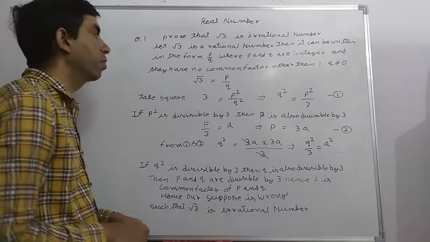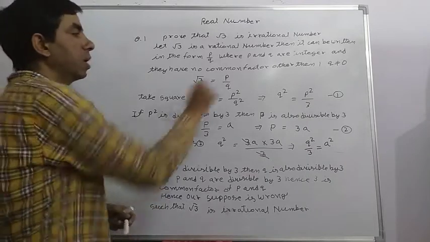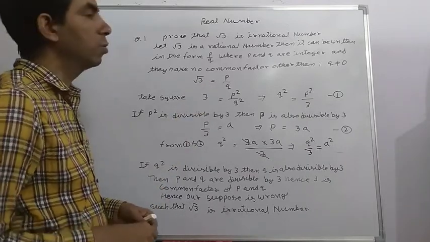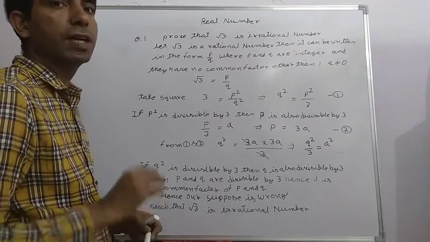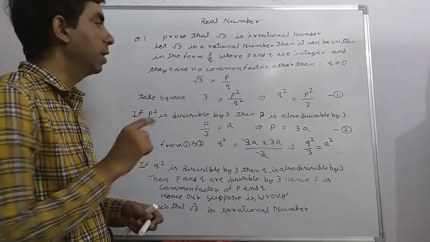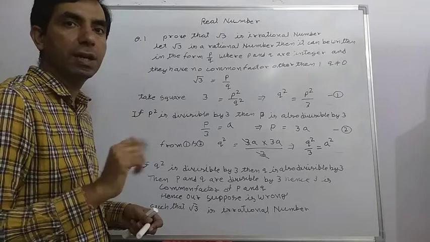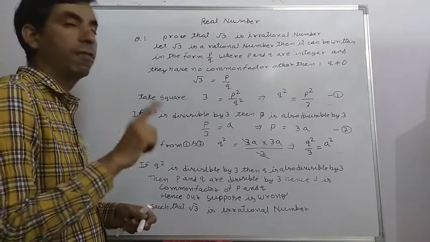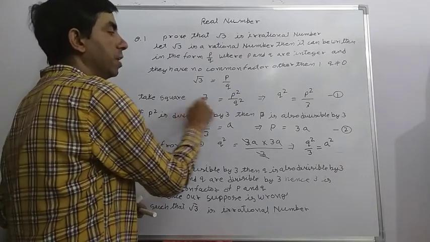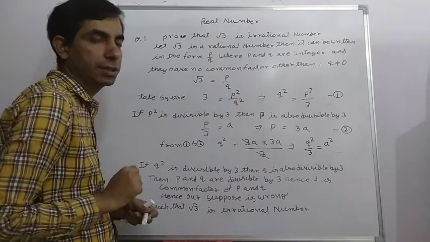First we take the square to cancel the root, then we get 3p square upon q square, which implies that q square equals p square upon 3, because we take the alphabet as the numerator and the number as the denominator. If it is already alphabet in the numerator and number in the denominator, we do not change. But if it is not, then we change, because here a number is in the numerator, so we change. Here the alphabet is in the denominator, so we also change it.